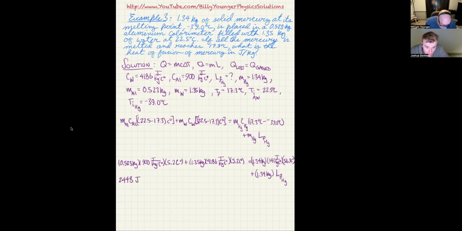And there's really only 3 sig figs at best, so I'm doing that. The other one, 1.35 times 4186 times 5.2. That is 29,385. Let's call it 386. Again, carrying the 3 extra sig figs. Not a problem there. And then that's equal to the